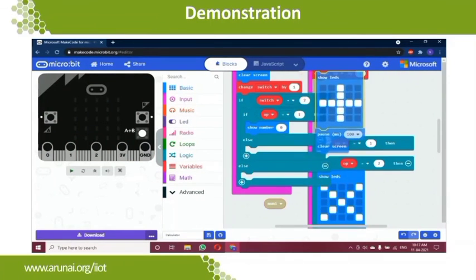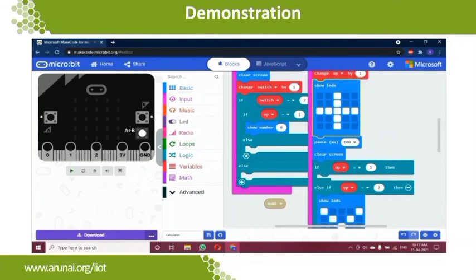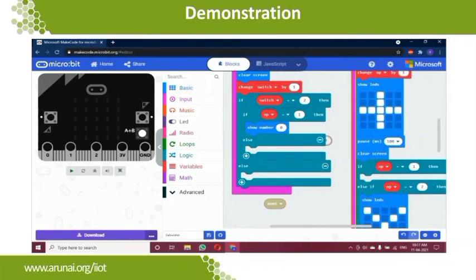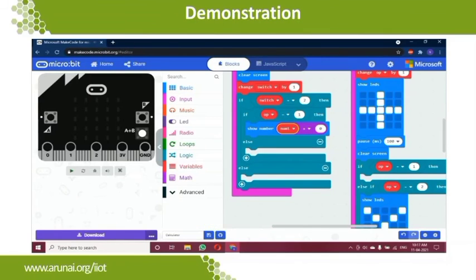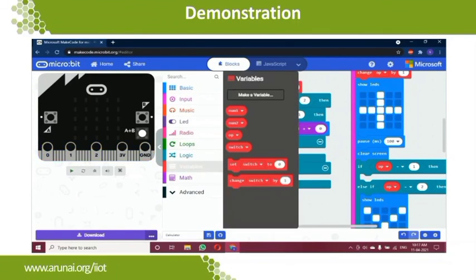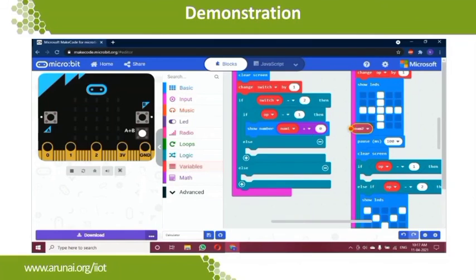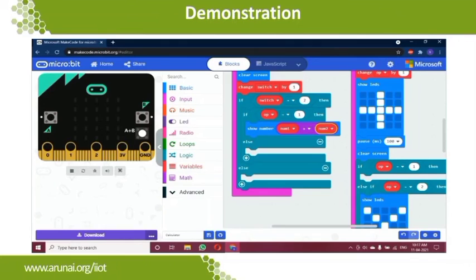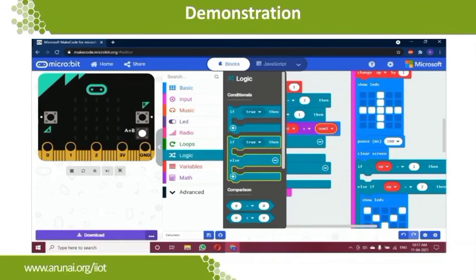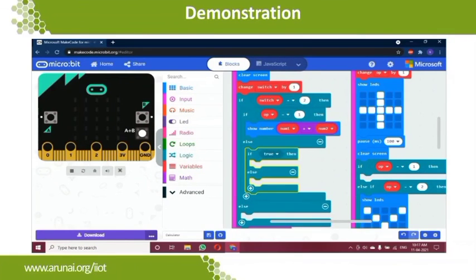If the operator value is 1, then we are going to perform addition. If the operator value is 2, we are going to perform multiplication. If the operator value is 3, we are going to perform subtraction, and if it is 4, we are going to perform division. So I am going to make the blocks with the check of value of operator and show the number using the specific comparatives, where I am going to add number 1 and number 2 and show the number. So that is my entire function.